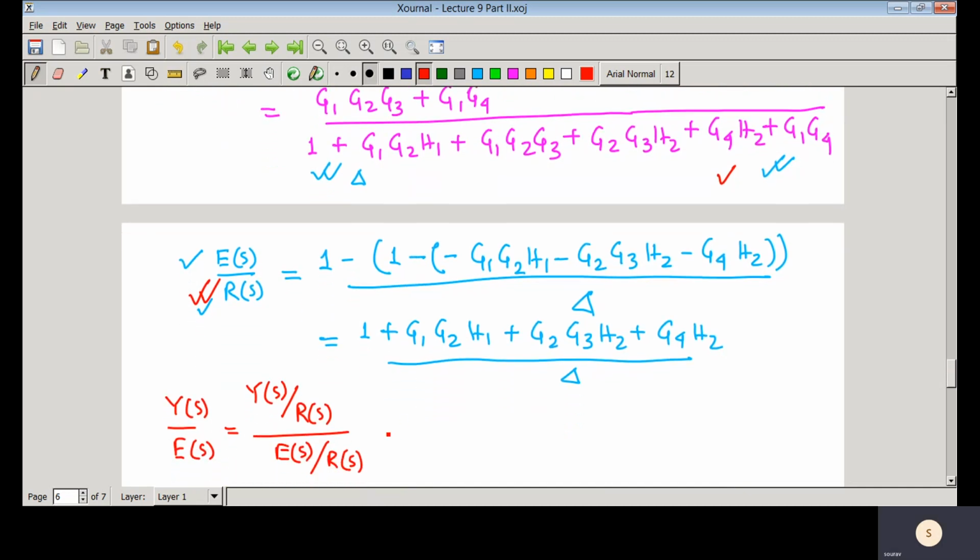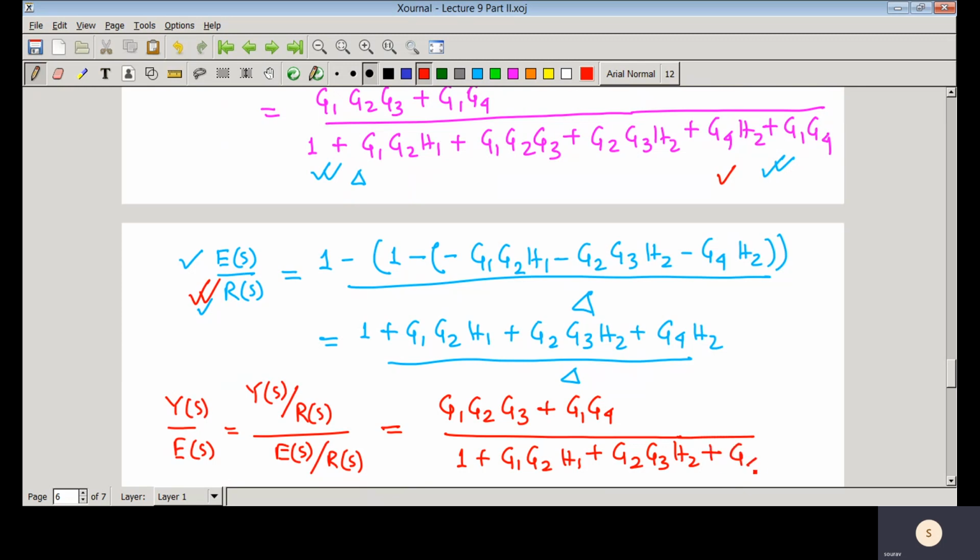Now if you divide these two, delta will be cancelled out and your transfer function would be G1, G2, G3 plus G1, G4 divided by 1 plus G1, G2, H1, G2, G3, H2